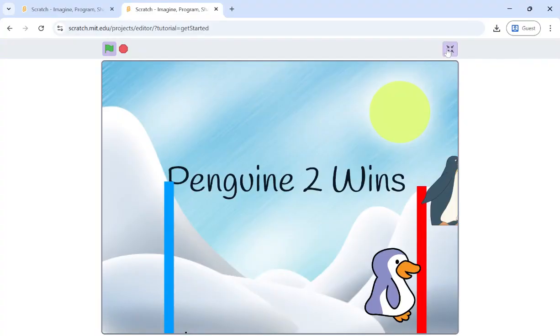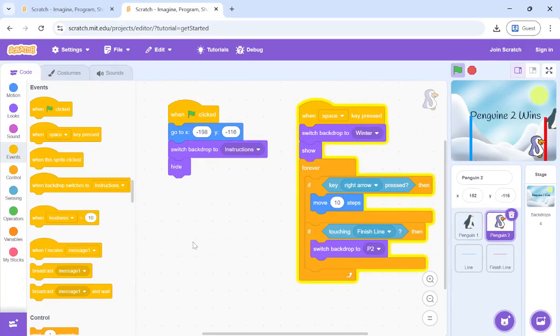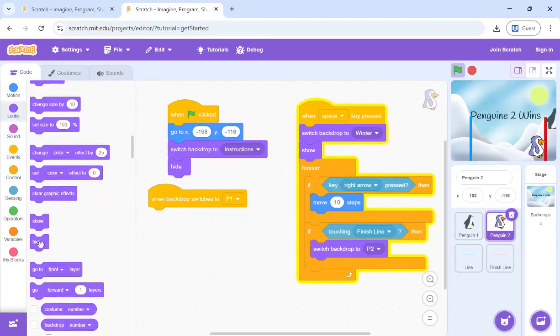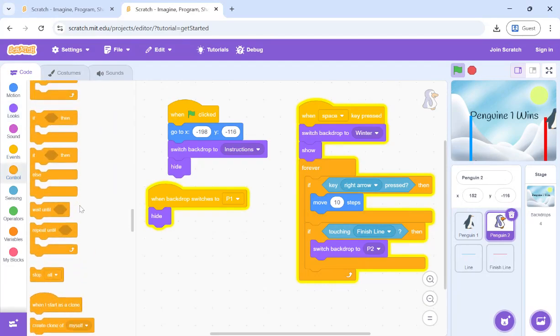So let's code that. Add stop all and hide all four sprites. So we'll go here and we'll say when backdrop switches to P1, hide. Hide the sprite and stop all. I'm adding stop all as well.